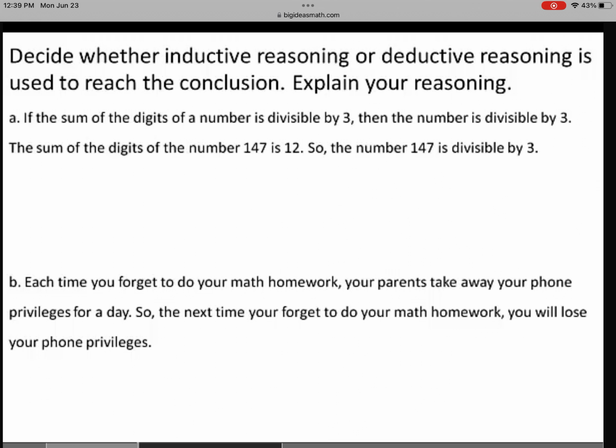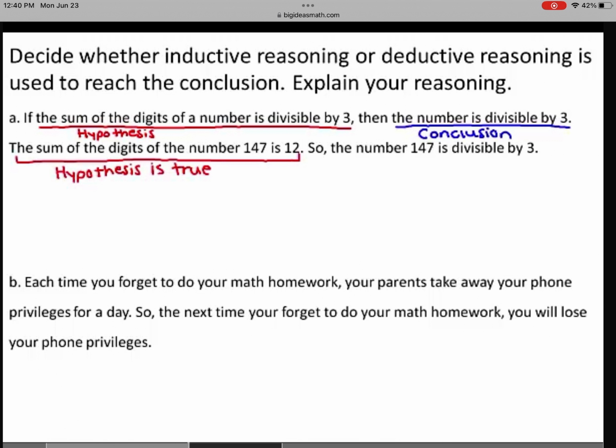In Part A, first notice that the given set of statements uses divisibility rules and facts about the number 147 to reach the conclusion. In addition, notice that the first statement is a conditional statement in which the hypothesis is the sum of the digits of a number is divisible by 3, and the conclusion is the number is divisible by 3. The second statement, the sum of the digits of the number 147 is 12, makes the hypothesis true